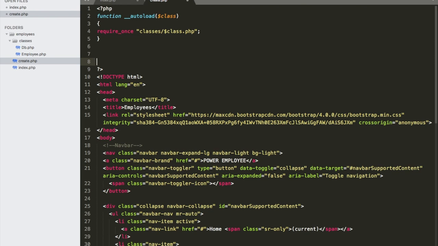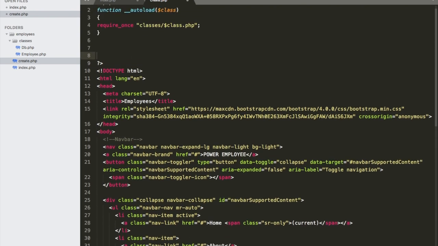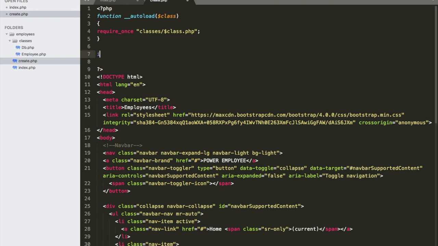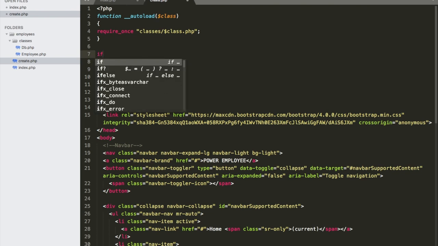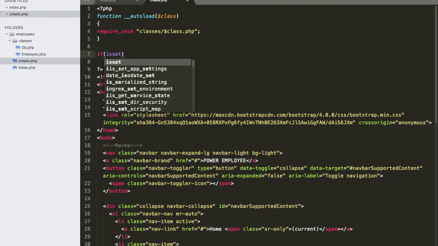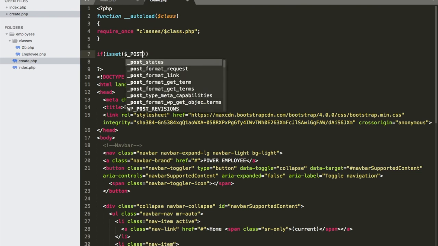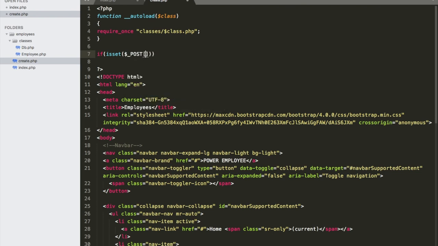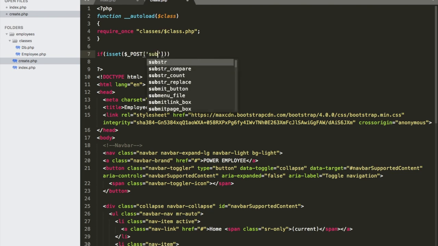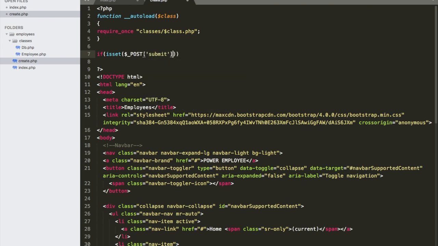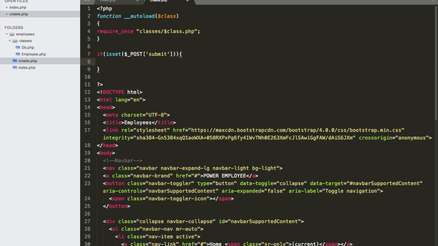Okay, so here we will write if isset, this is PHP's inbuilt function, isset $_POST submit, then